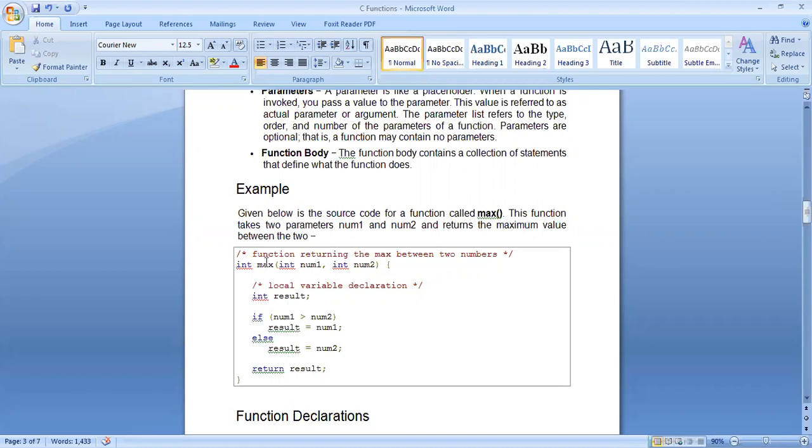Now just calling this max function will not be enough, I also have to pass the values that I want to add to the function. Just calling the function is not enough, along with it I will also have to pass my two values, which are 2 and 3. So 2 and 3 will be passed. This num1 that you are seeing here and num2, these are the two arguments that will be holding the values that I will be passing.